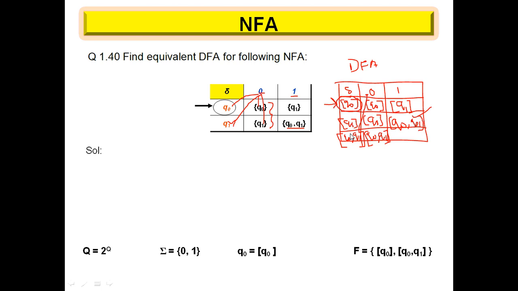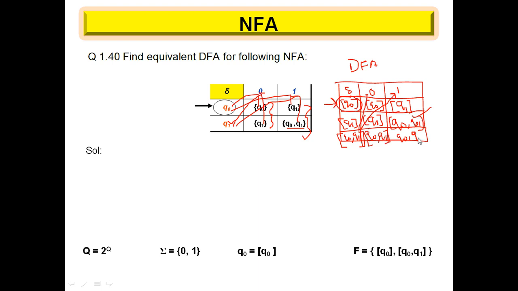Again Q0 Q1, this Q0 Q1 is going to read what? This one. So how to write this transition state? So we have this Q0 is going to read again 1, we are going to get this Q1, and this Q1 is again going to read this 1, and we are going to get this Q0 Q1. So we'll have to take the union of these two. Okay, so we have Q0 Q1, we know how to take the union of these states.